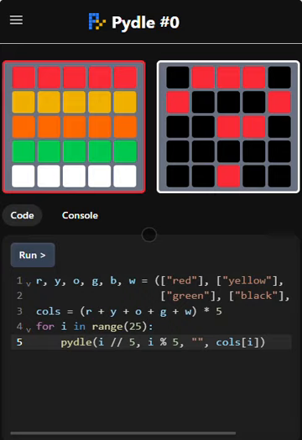Hopefully, some of you may have learned something new. Didn't know that you could do that with lists in Pydle. In Python,